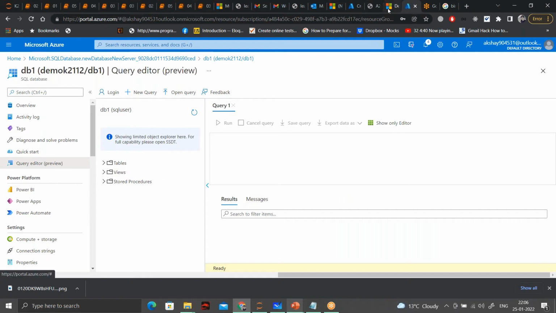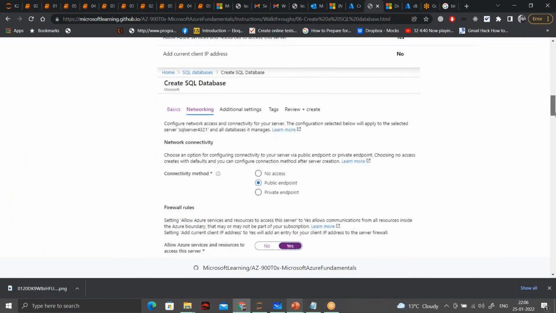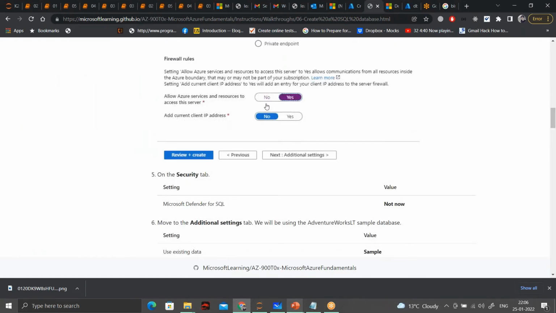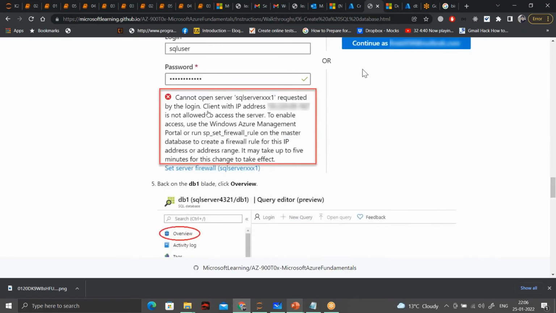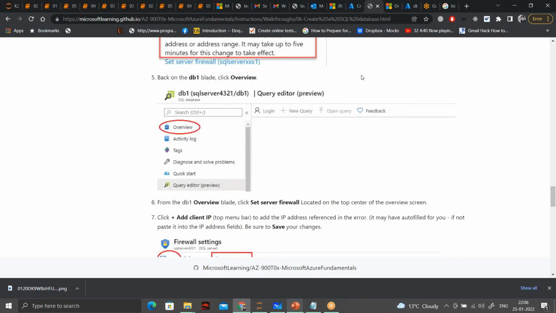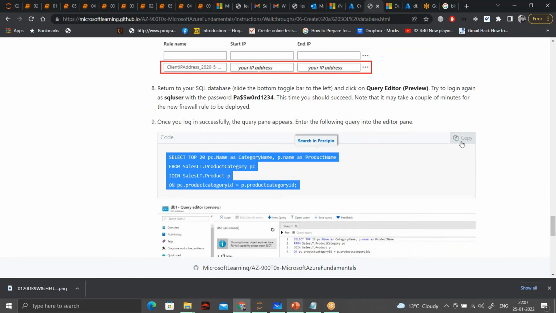If you go to this lab, actually I saved some of our time. They did not add your current IP address in this lab, but what they did at the end, if you do not do this, you will get an error on this screen, and then you will have to manually go back and do that. But what I did in the starting itself, I added my client IP. I have allowed traffic from my client IP to go through this database and do queries. So we did not have to do this part, and now we'll directly go and run the query on the data.